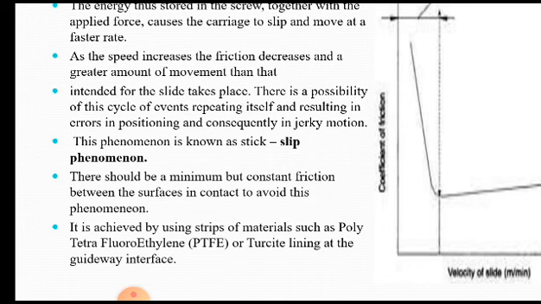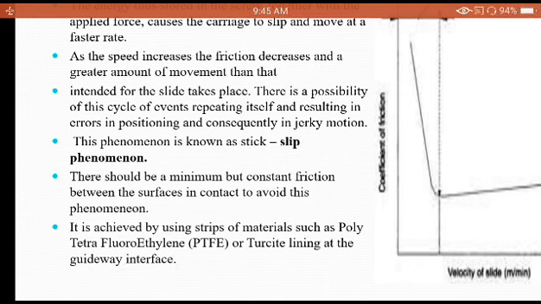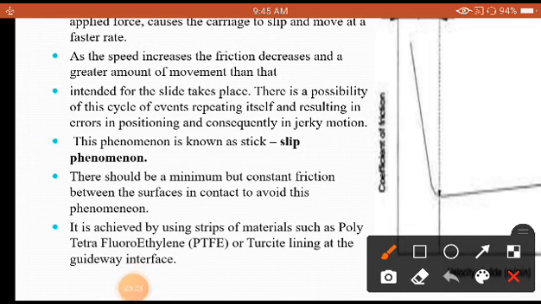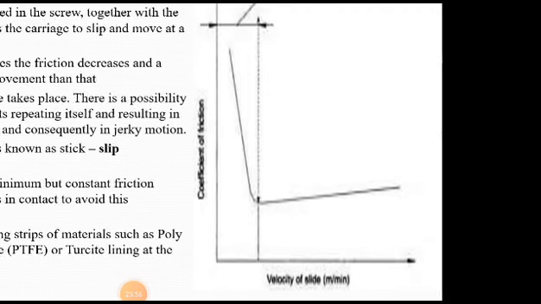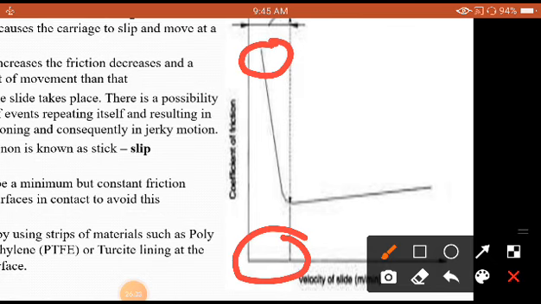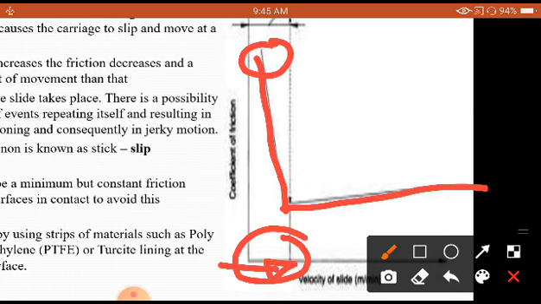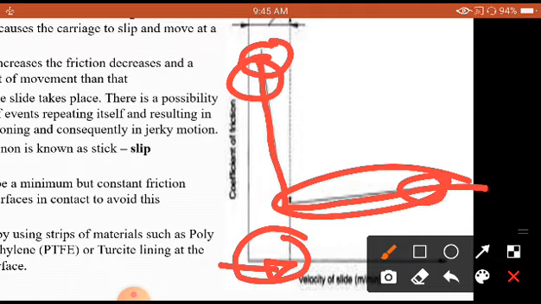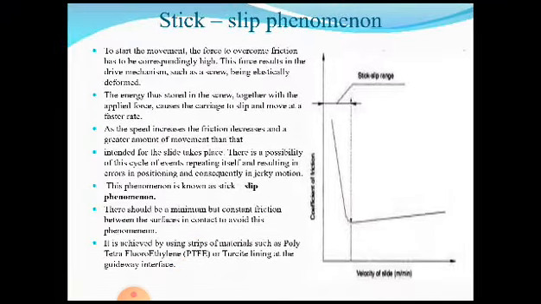Very, very important. So it is clear to understand here, when the velocity of the slide is less, the friction is very high, then the coefficient of friction goes on decreasing as the velocity of the slide increases, and as the velocity of the slide goes on increasing, you are going to see in the graph here, almost a straight line. That means here it is decreasing. Compared to this point, it is a very, very low frictional value, as you can see clearly with respect to the y-axis.